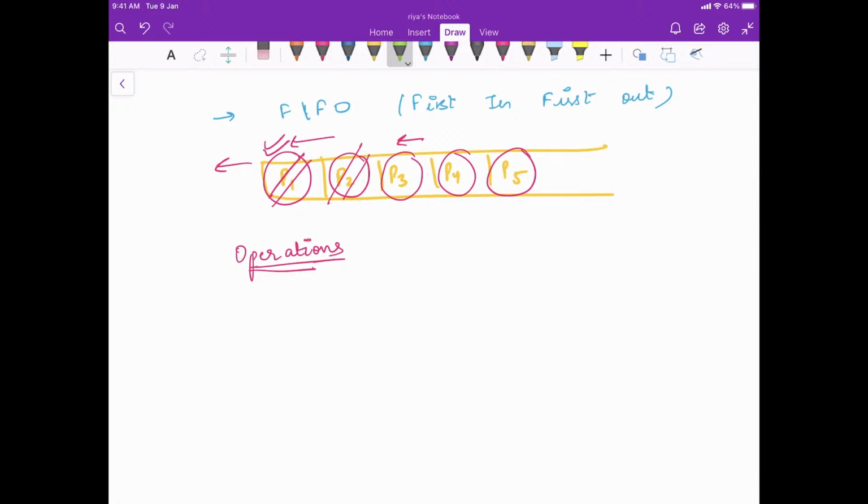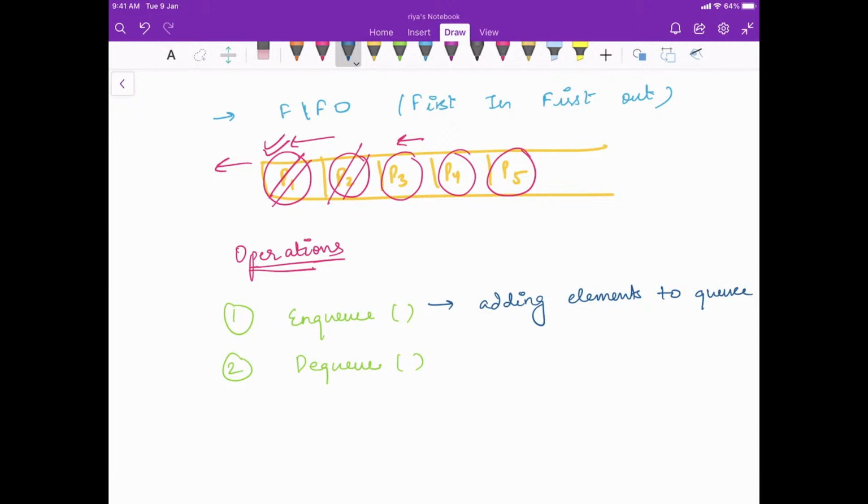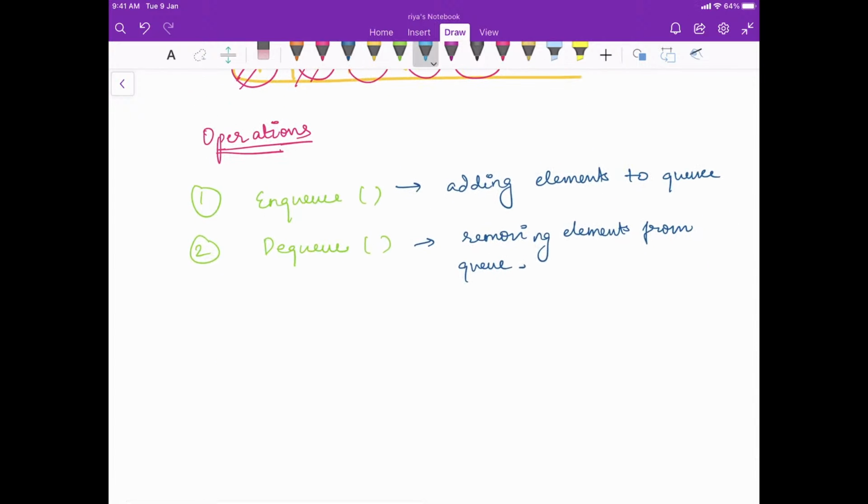The first operation is enqueue, and the second is dequeue. Enqueue means adding elements to the queue, and dequeue means removing elements from the queue. All right, this is the concept and this is what you should actually be knowing. Let's say this is a queue.